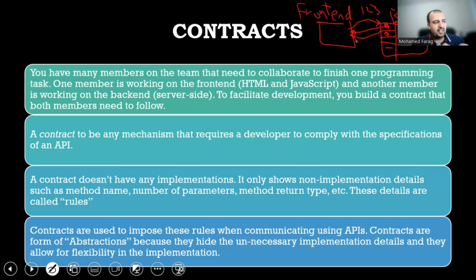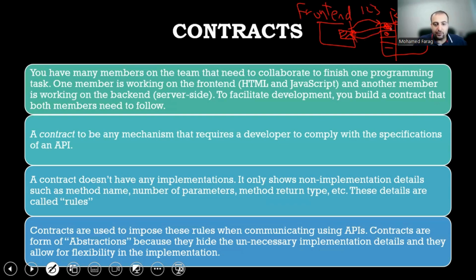But in order for me to work on that day one, I need some sort of an idea about what that API name is, what the data format is that I need to pass into the backend function or backend method or the backend API, and what kind of response I'm going to receive. Now think about it, on day one the backend developer doesn't have any implementation yet and doesn't have anything to offer just yet. What you typically do in that case as a project manager is to have those two members